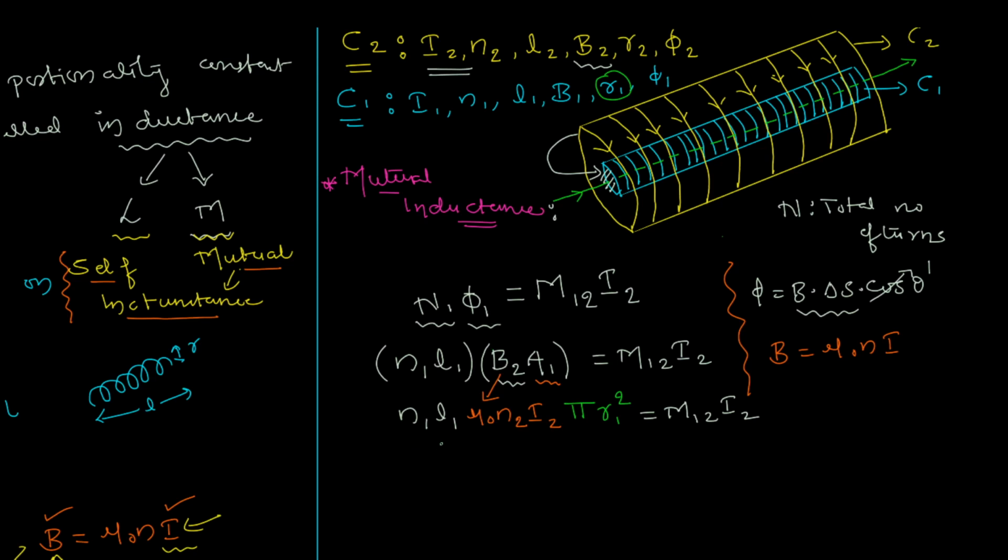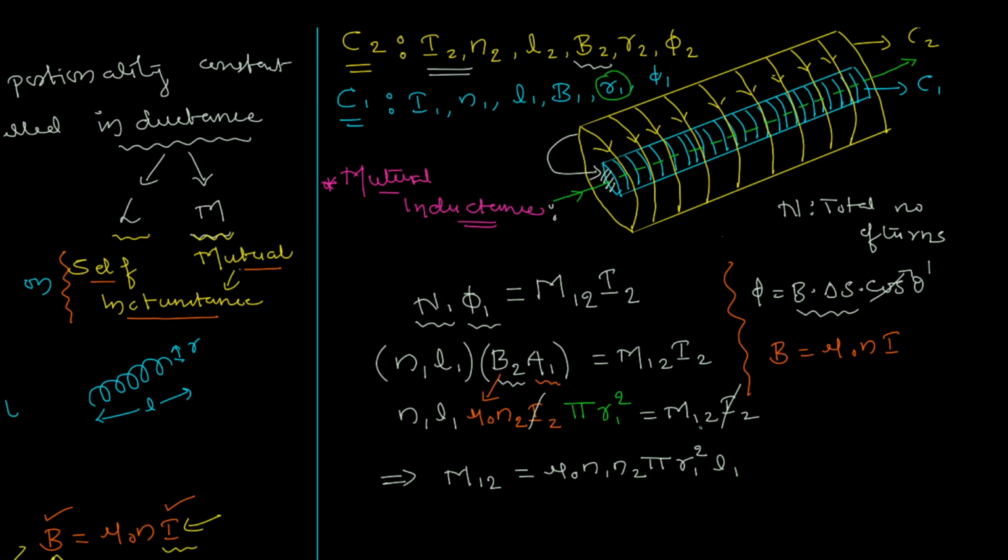Let me try to simplify this. I think the i's on both sides get cancelled, and with that I'm left with, I'll rearrange this equation and maybe in fact write it as M12. All I have left in RHS is M12, so I'll write M12 as mu naught, the remaining terms on LHS, except that I'm writing it on RHS. So mu naught N1 N2 pi R1 squared